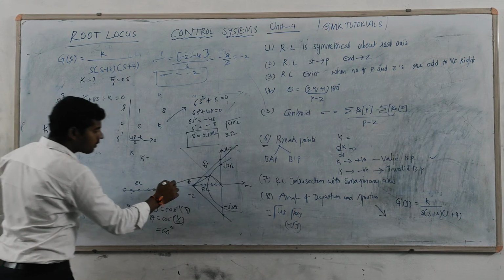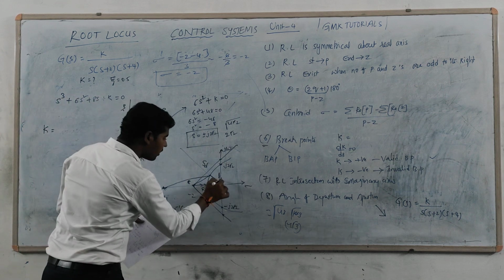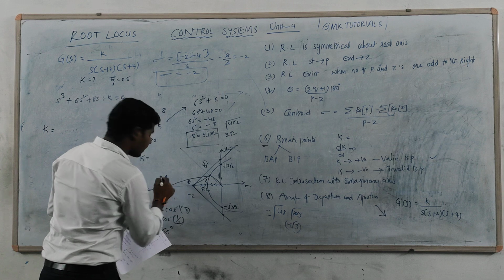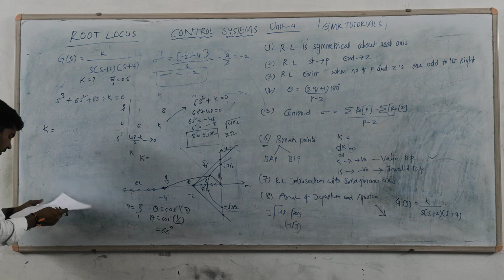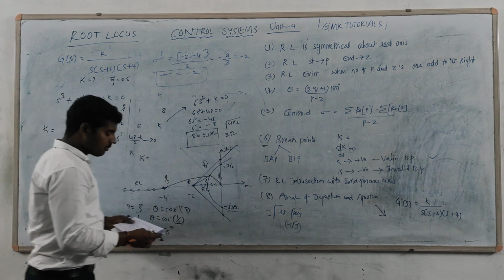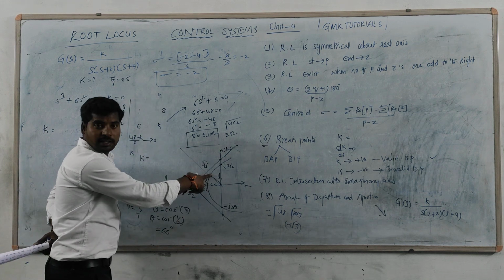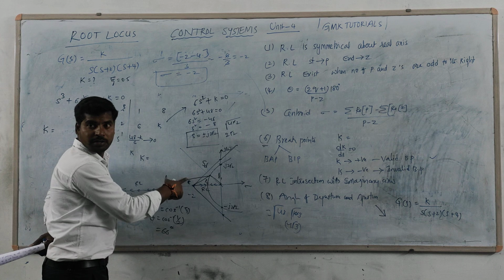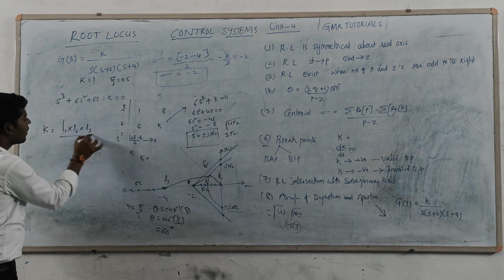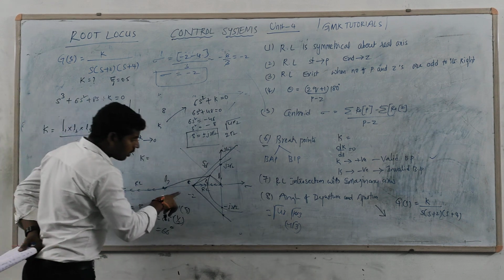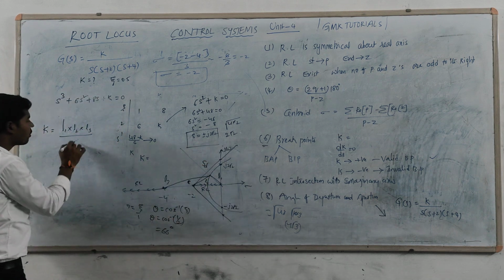అంటే లెంగ్త్ ఆఫ్ L1, L2 అజంప్షన్ తీసుకోండి. L1, L2, L3 3 పోల్స్ కాబట్టి. సో k ఈజ్ ఈక్వల్ ఫార్ములా ఏంటంటే, ప్రోడక్ట్ ఆఫ్ ది లెంగ్త్ ఆఫ్ ది వెక్టర్ ఫ్రమ్ ఆల్ పోల్స్ టు SD. అంటే ప్రతి ఒక్క పోల్ నుంచి ఈ పోల్ కి ఎంత డిస్టెన్స్ ఉంది, ఆ ప్రోడక్ట్ L1 L2 L3 చేయాలి. అంటే k ఈజ్ ఈక్వల్ టు L1 L2 L3 డివైడెడ్ బై ప్రోడక్ట్ ఆఫ్ ఆల్ లెంగ్త్స్ ఫ్రమ్ జీరోస్ టు పర్టికులర్ పోల్. ఇక్కడ జీరో లేదు, సో దట్ వాల్యూ ఈజ్ ఈక్వల్ 1 అవుతుంది.